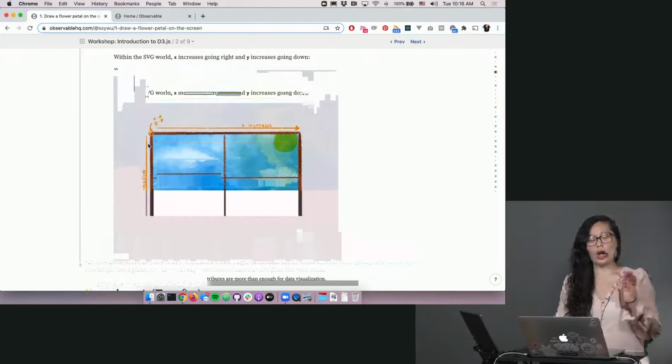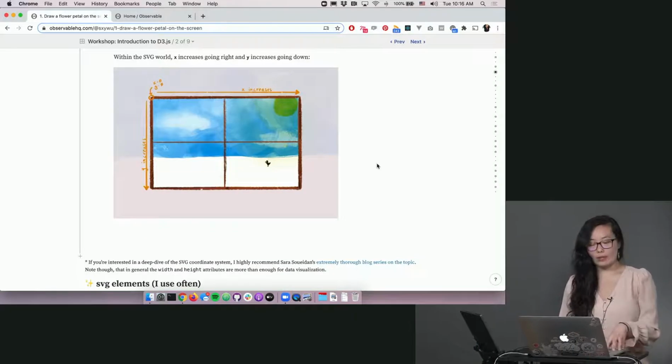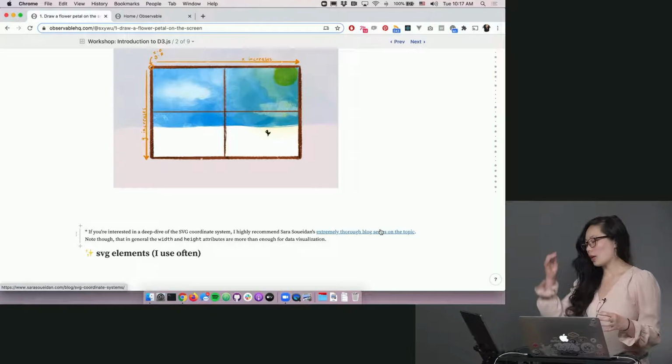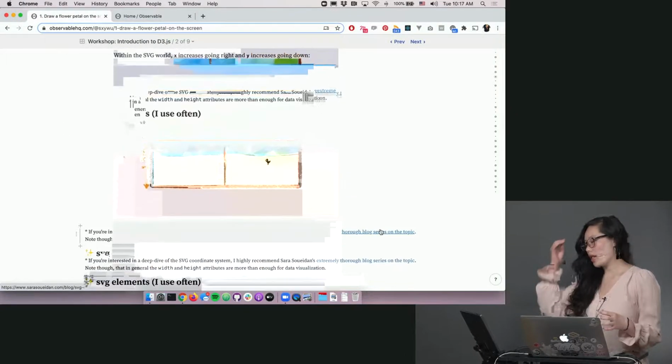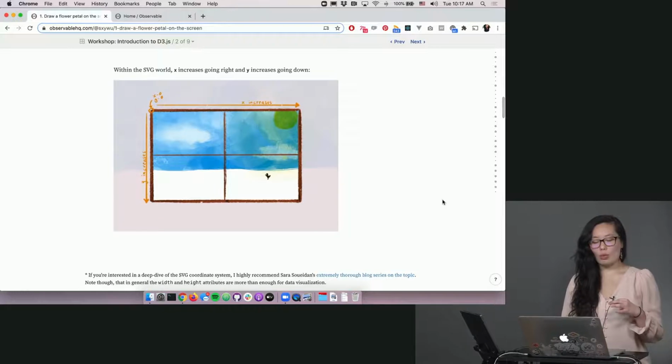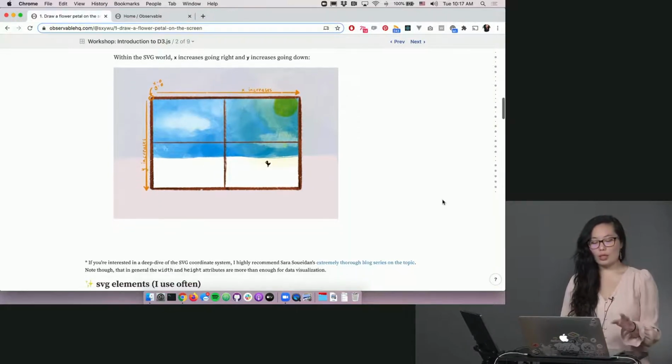And if you're interested in a really deep dive of the SVG coordinate system, I really highly recommend this blog series from Sarah Drasner. That we're not going to touch today, but that's just because in my experience, a lot of times in general with data visualization, I found